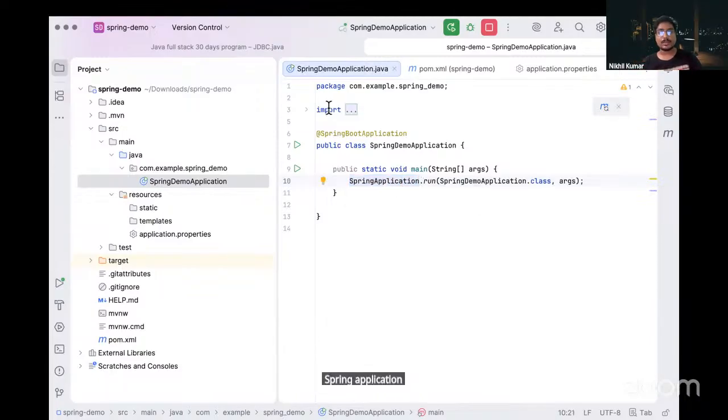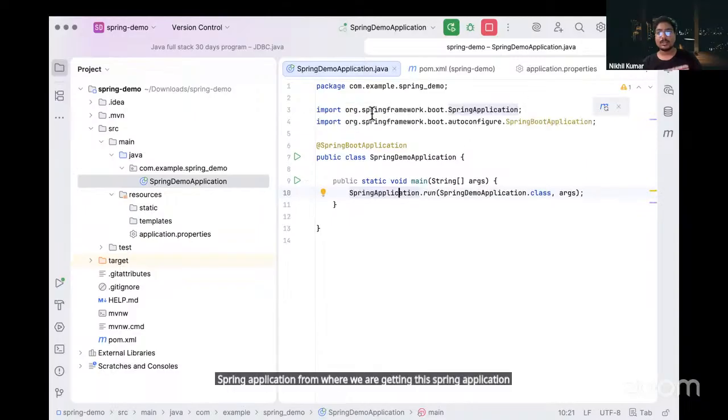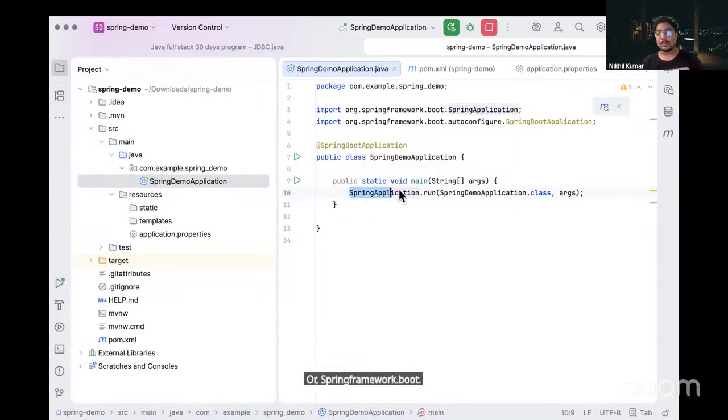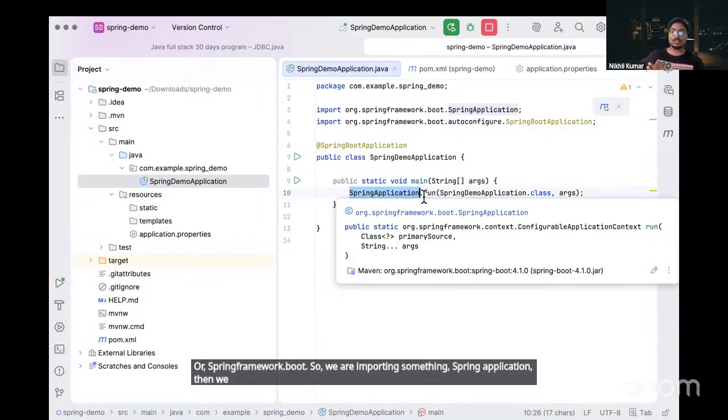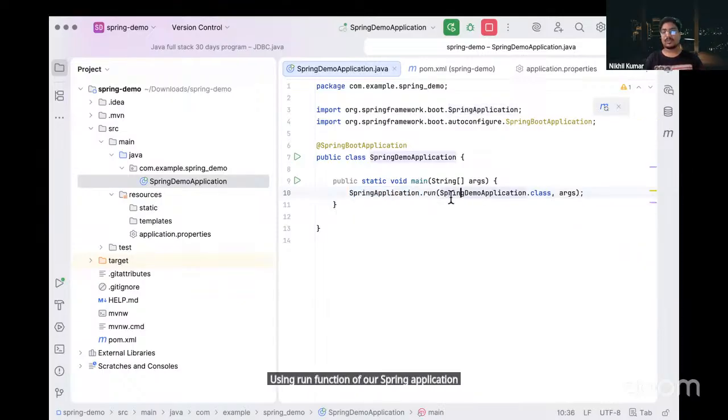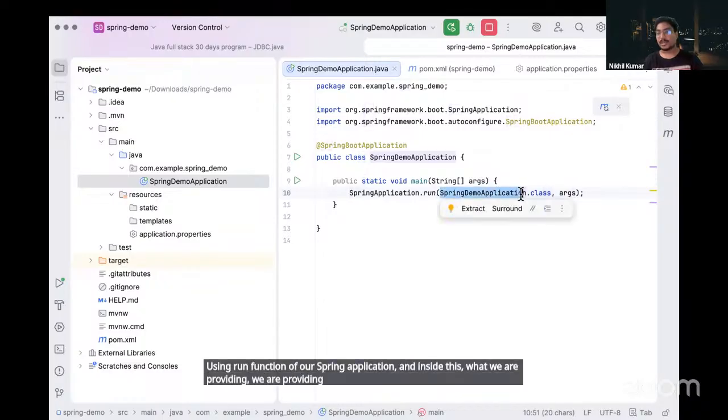We are getting it from org.springframework.boot. So we are importing SpringApplication, then we are using the run function of SpringApplication, and inside this we are providing SpringDemoApplication.class.